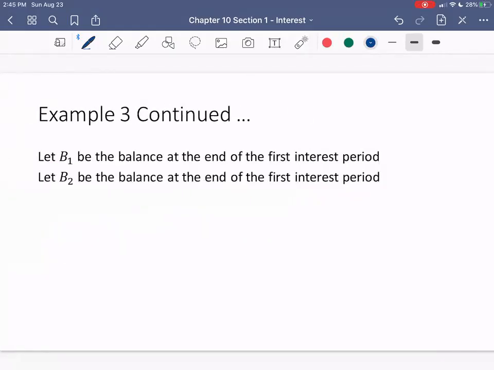So we found the interest, and now it says find the balance for the first 2 interest periods. So we're going to say that B sub 1 is the balance for the first period, and B sub 2 is the balance for the second period. So let's just say second period. My fault, I had a little typo here. Let's just say second. All right, so for the first period,